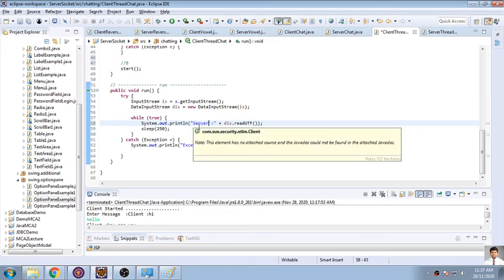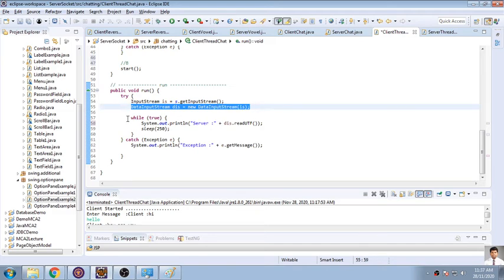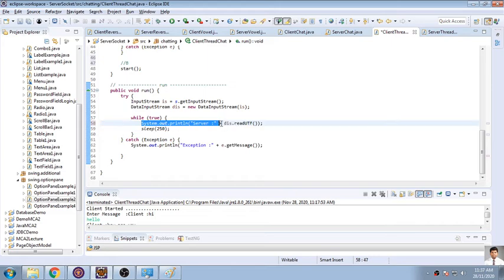Whatever message comes from the server, so here I have written it in two lines for you to understand, that we can divide this program into two lines and one single line. So input stream will be accepting continuously. So my run function will only be reading the content that it has been receiving from the server. Input stream will be the high level object, and I'm writing this in a while loop. So whatever message I am receiving, I will be displaying it directly on my console. Whatever message comes from the server, I will read it and show it on the screen.